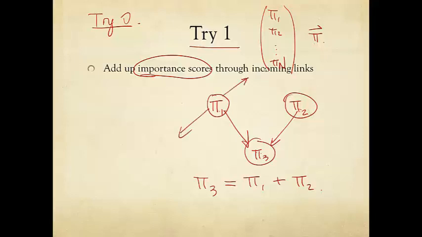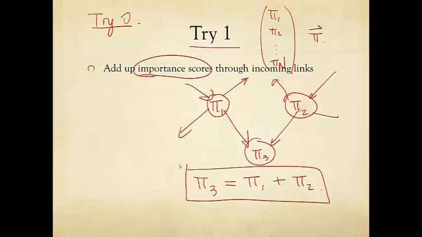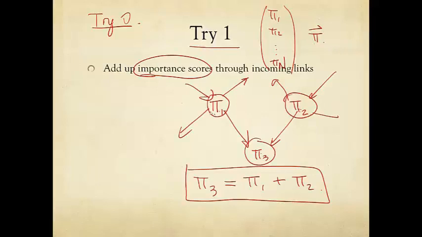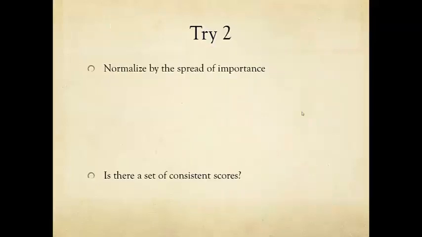Of course, in general, the first node and second node may have many other connections coming in and going out. So this is a reasonable choice. However, what it ignores is that some nodes, like node 1 and 2 here, are pointing to many other nodes, not just node number 3. So think of a professor who writes reference letters for her students. And if this professor keeps writing that this is the very best student I have ever had in my 80 years of teaching at this university and so on,